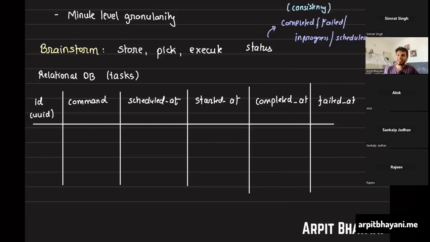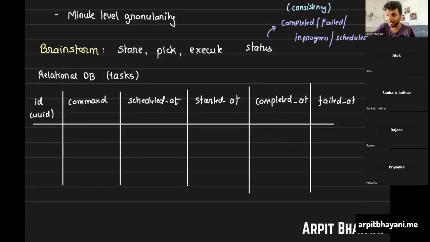So we could get to know from the worker, because the worker would also be storing it in some database, right? If the task failed, the worker would not have updated its database. It might be storing it somewhere, right? Even the worker did not get a chance to update it.